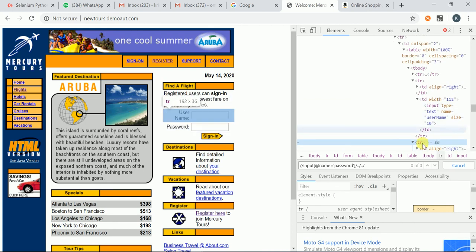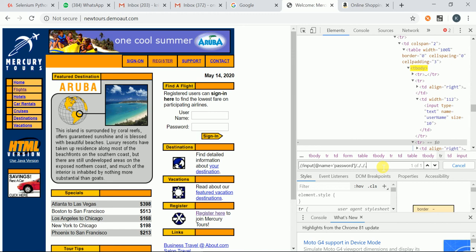Next, what is the tr's parent? tbody. So we are traversing one more level. You can see here one of one. Now where are we? We are at this tbody. Can you understand here? We are traversing from child to parent. We are not using any preceding syntax or any sibling syntax. We don't need all those syntaxes with this syntax. It is very, very important. Now we are at the tbody.